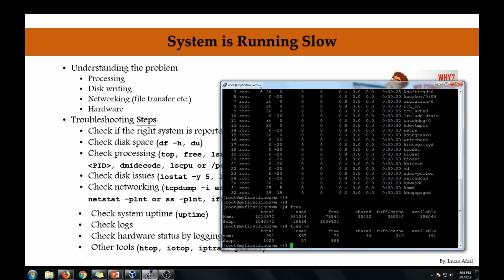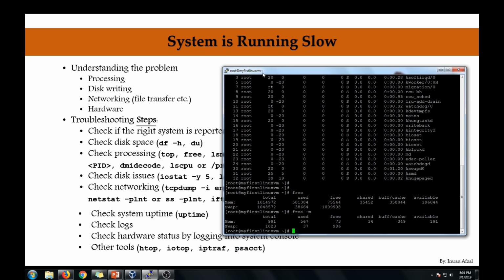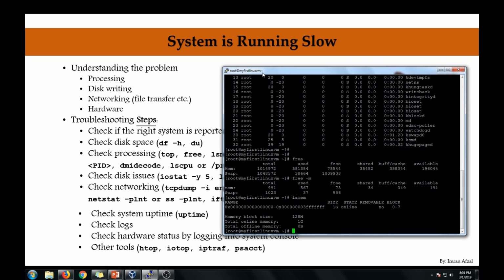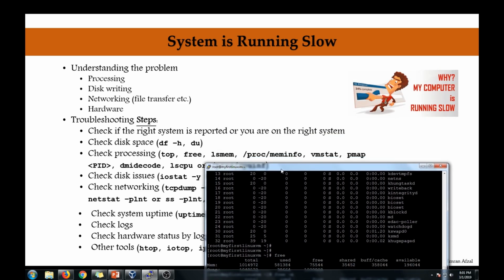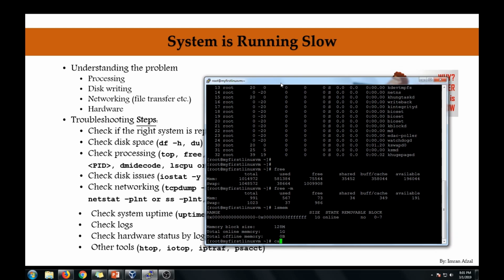Okay, now next one we have list memory, lsmem. This will tell you exactly about the memory block size, total online memory that we have available to the system. It is 1 gig. Total offline memory that is sitting that we are not using, which is 0. We don't have any, so this is going to tell you about your memory as well. Same thing pretty much when you do proc memory info,